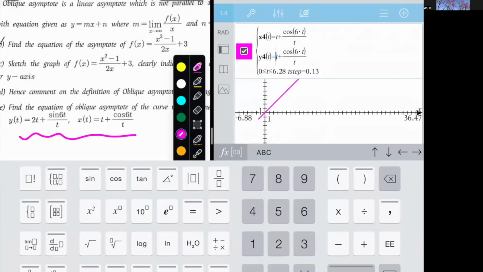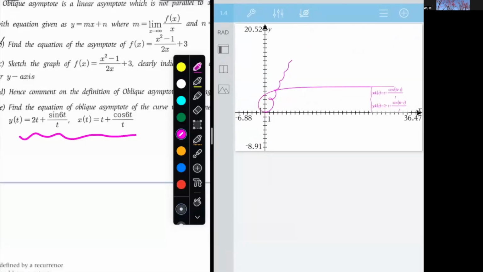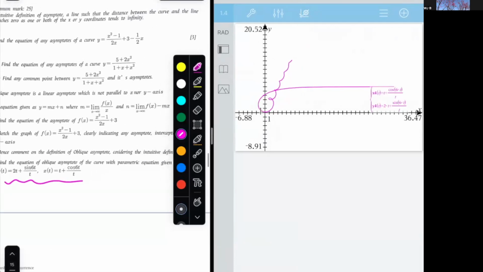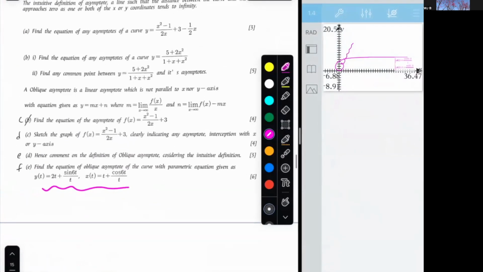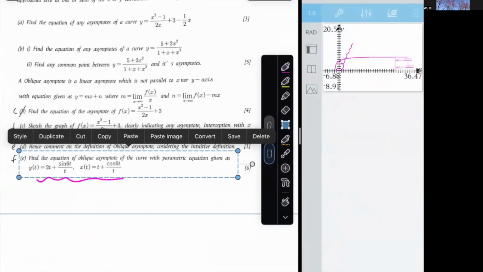Why am I tripping? So it's going to be 2 times t and then the sine. As you can see, you see the behavior like that, right? You see the behavior like that. And now using this observation, the question says, using this observation, similar to what we saw in